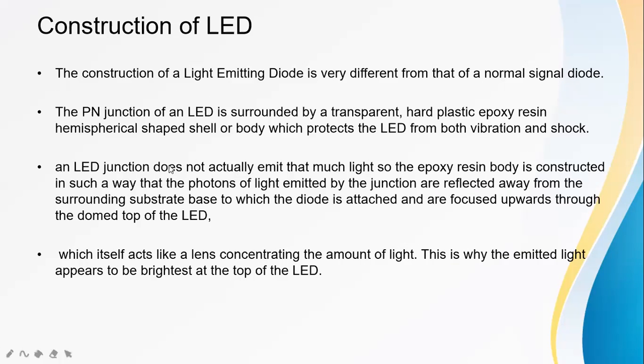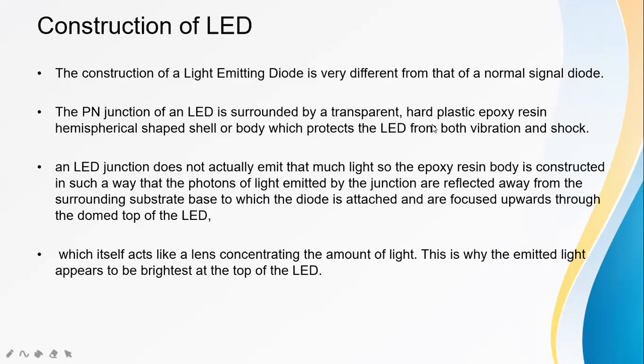The junction does not emit that much light. Due to this, the epoxy resin body is constructed in such a way that the photons of light emitted at the junction are reflected away from the surrounding substrate base. How it is constructed means there will definitely be a reflection, and for the light to be emitted,